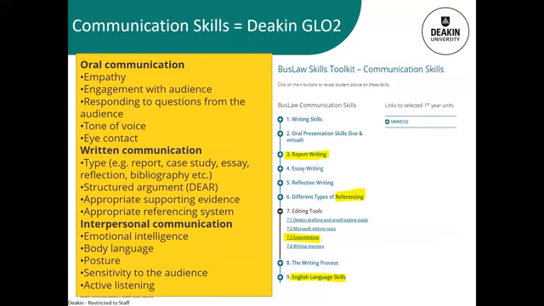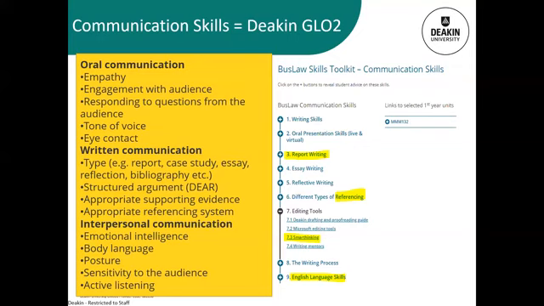And also we've got the interpersonal communication, so communication with other people. And this is about, in some ways, having emotional intelligence to be able to engage with others. Again, being sensitive to your audience, and that includes your non-verbal communication, and also showing active listening when others are communicating to you. So again, these are all the kinds of skills that we want you to develop, and the university wants you to develop over the course, not only of this unit, but in all of your units throughout your degree. And we will be focusing on elements of these in your assessments, and that will be made clear today, I hope.